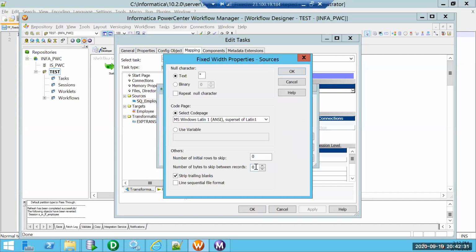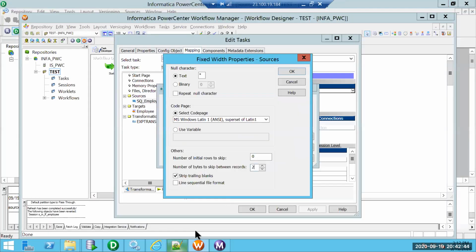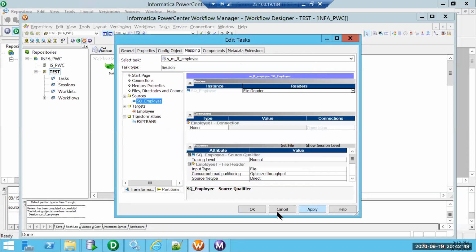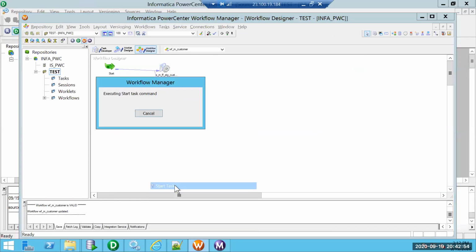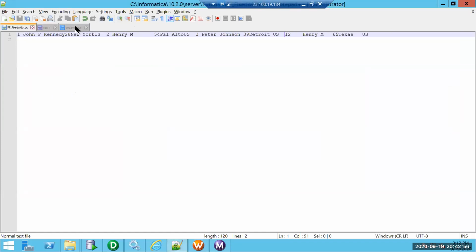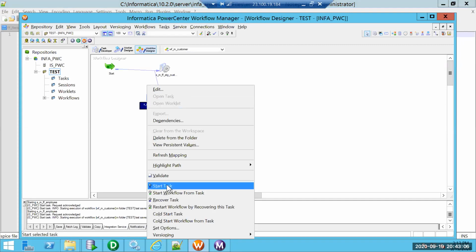So we need to specify the number of bytes to be skipped between records. We have added two spaces, so I am asking to ignore 2 bytes or 2 characters. Now when we run, it will produce the same output. I saved it and when I run, we get the same output.